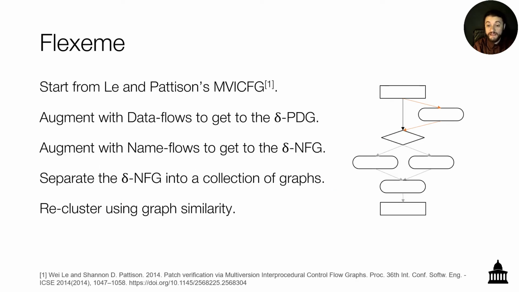For our δ-NFG, we start from Leon-Patterson's innovative multiversion interprocedural control flow graph. We augment it with data flows, similarly annotated with versions, to get our notion of a delta PDG. We add a subset of data flows as nameflows, which in addition to a version labeling, are also labeled by the names that flow along them. It is in this structure that we explode the view into k-hop neighborhoods and then recluster using Weisfeiler-Lehman graph kernel